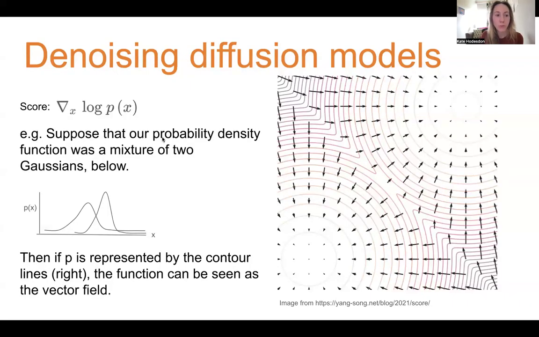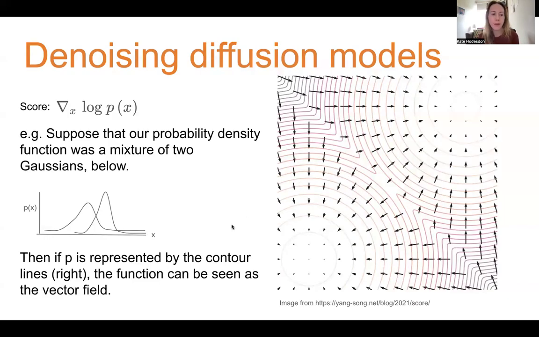So suppose your probability density function was a mixture of two Gaussians, like this one here. Then you can think of that probability density function as the contours shown in this diagram over here on the right. So here's a region of high probability, and here's another region of high probability, like these two peaks here. And in between them, we have an area of relatively low probability.